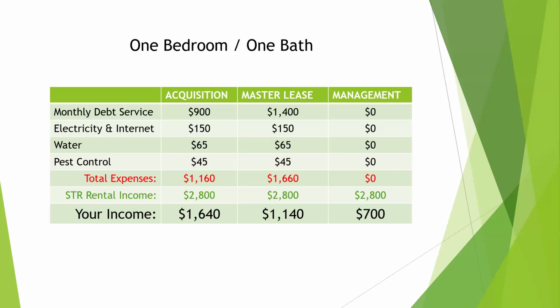So as you're looking at these different options, it's important to know, as you're putting together your goals and your objectives and your planning with this model, what the potential monthly income is, right? And so if you are going after a master lease strategy, and let's say your revenue goal is $10,000 a month that you would like to get consistently, on a one bedroom, one bath model, it's safe to estimate around 10 properties. I would say around 8 to 10 properties under a master lease strategy to get to that $10,000 a month